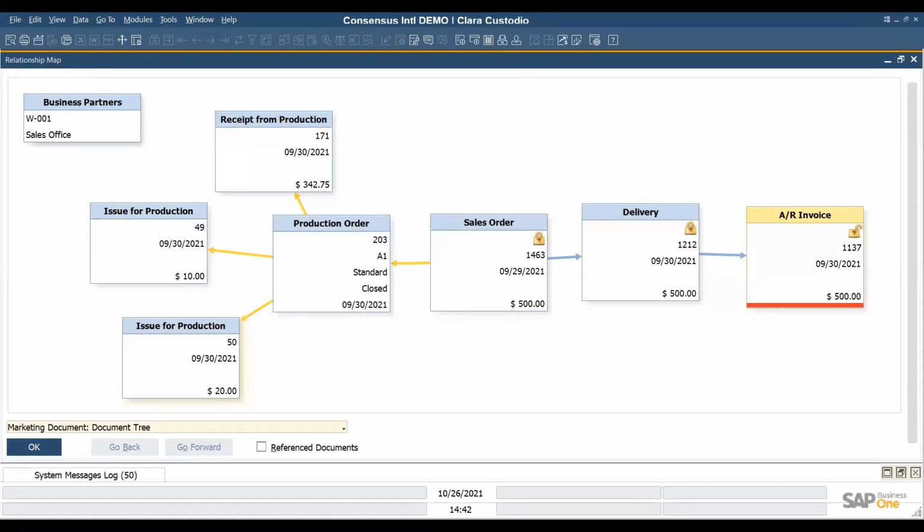SAP Business One relationship map allows you to visualize the relationships between business objects in SAP Business One, such as chain of documents in sales and purchasing, related postings such as journal entries or internal reconciliations, maybe also the payments related to purchasing or sales order, landed costs and the related items, bill of materials included with other bill of materials, that is bill of materials and their parent items, for instance, production orders and the related items, service calls and related expenses.